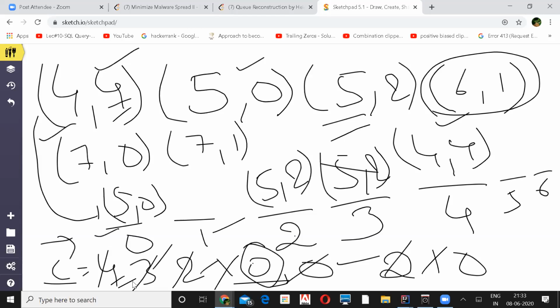Yeah. Then we'll take 6 1, right? So for 6 1 again it will be made to 1. Then 6 1. So at this position you can't do. So when you shift from here it will be 0. 6 1. My count was 1, right?